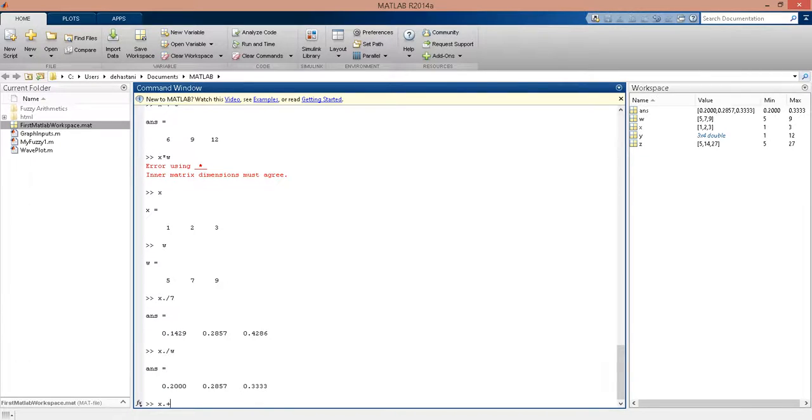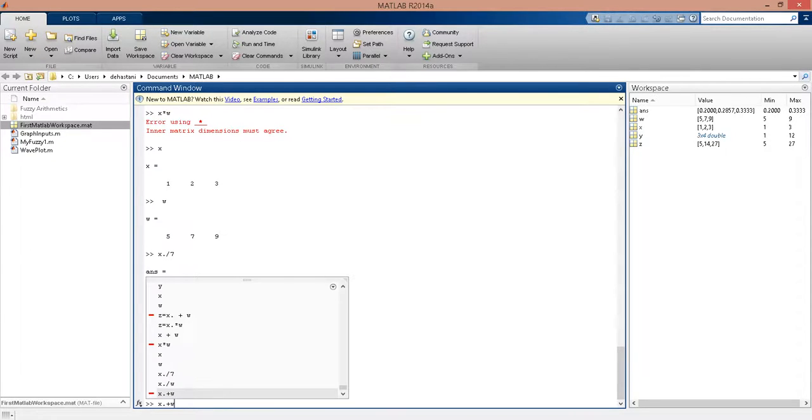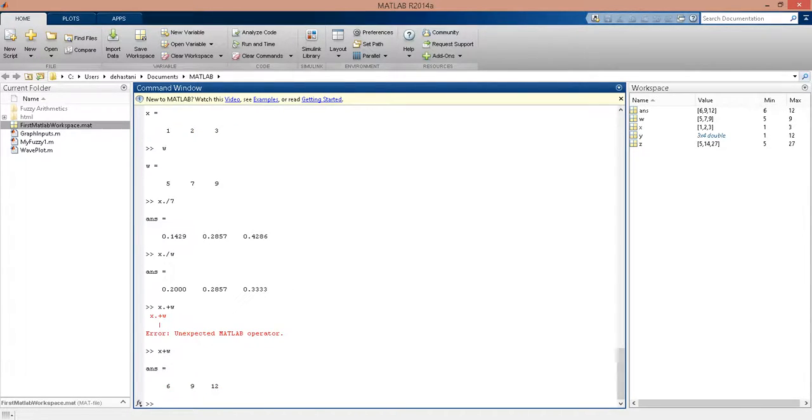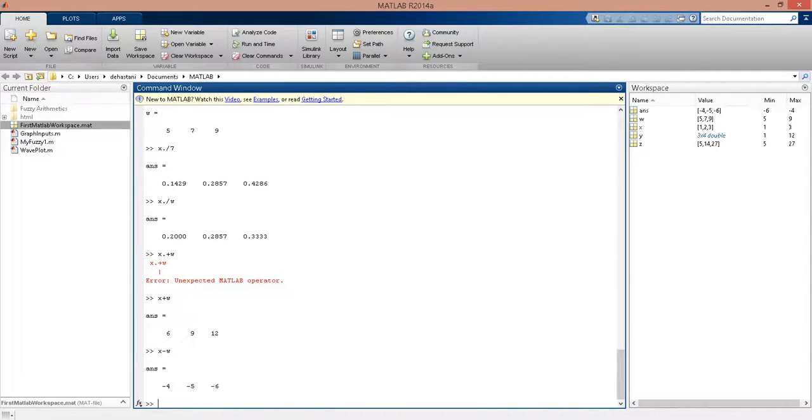Let me show you again about the adding. Adding is not needed with a dot here, because it is normally added to each other if you want, or subtraction here. Okay,